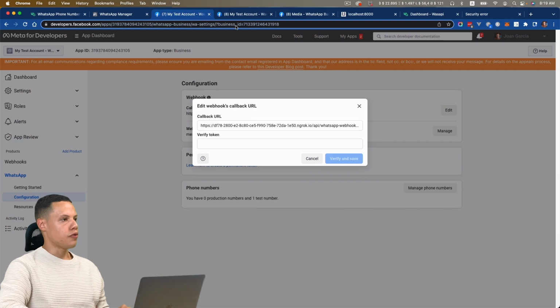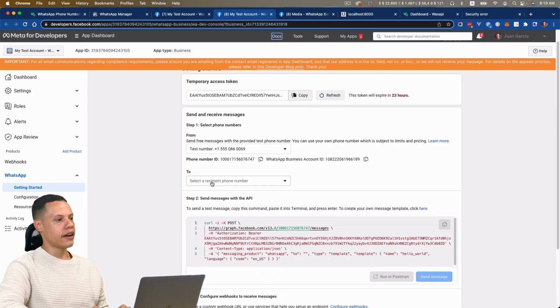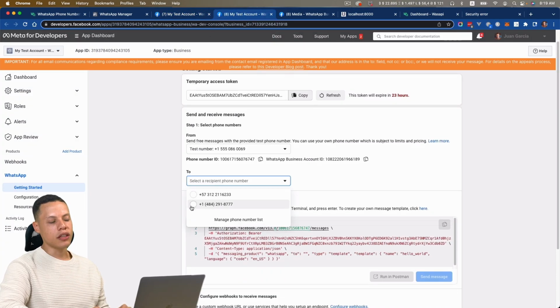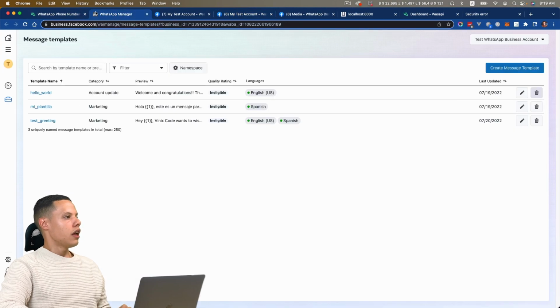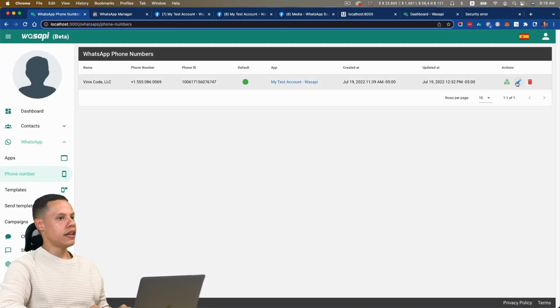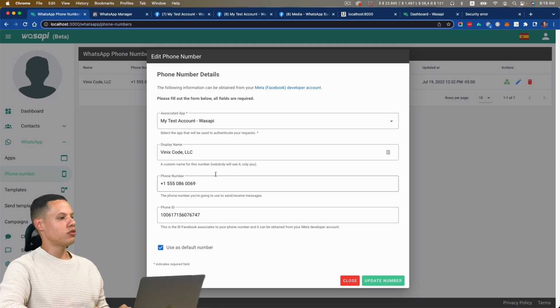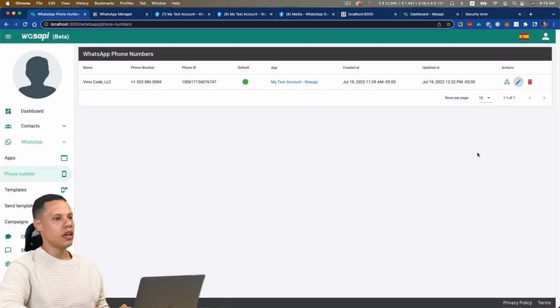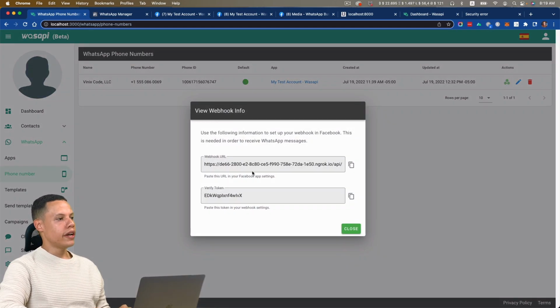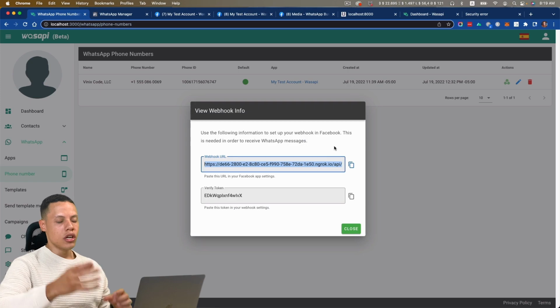And so if I come here to getting started, you will see that I already added this recipient phone number. This is the number that I will be using in this video for testing purposes. And now that I have created this, for example, you see that I have the phone ID and the information and everything, Wasapi gives me a way to view the webhook info. So I'm going to grab this URL that this is giving me here, because basically this is the URL that we are going to use to receive